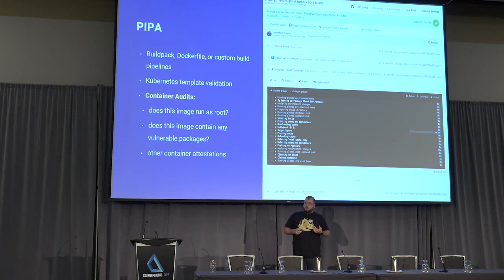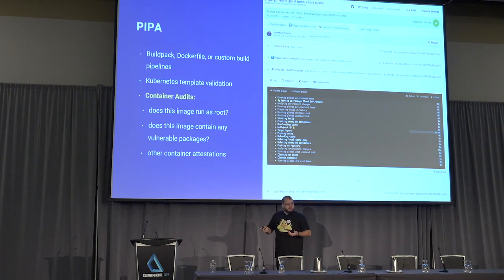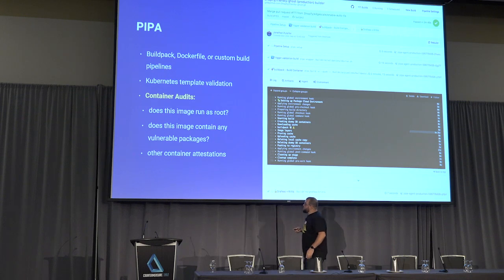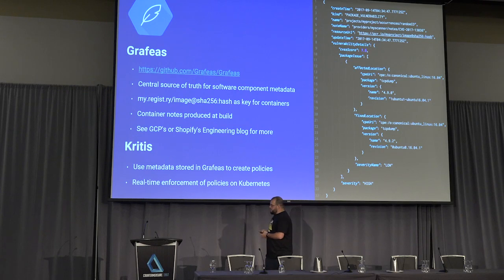Since we keep all of our configuration inside of the source repository for an application, we can then audit the Kubernetes runtime. We can check their manifests and see how this container is going to be deployed. And we're going to introduce Kubernetes in a little bit. But we can ensure that there are no regressions in any runtime security controls, and we can attest this. And this is where we introduce Grafeas and Kritis.